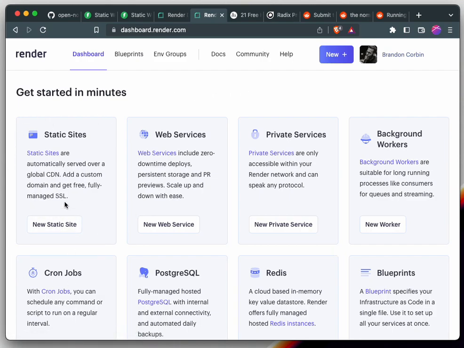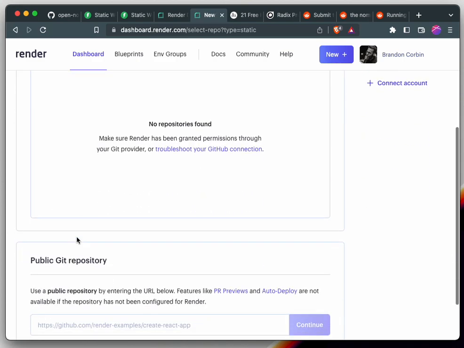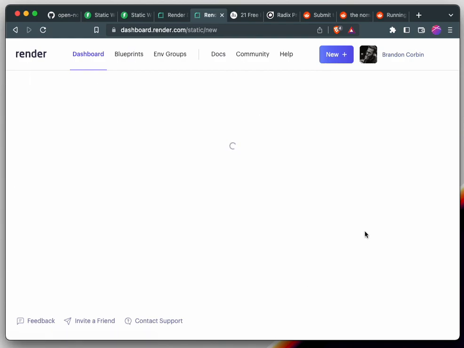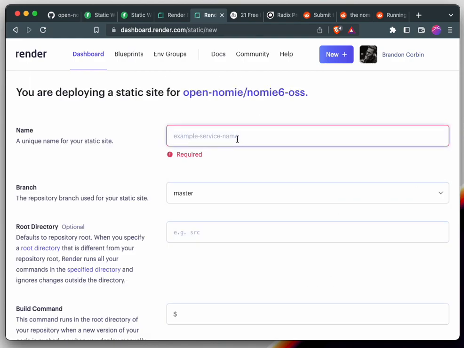to start here. Well, once you're logged in on the dashboard, you're going to select new static site. You're going to scroll down to a public Git repository, and you're actually going to paste in Nomie 6's GitHub repo URL, which is at github.com/open-nomie/nomie6-oss. We're going to hit continue, and we're going to put in a name here, so we're just going to